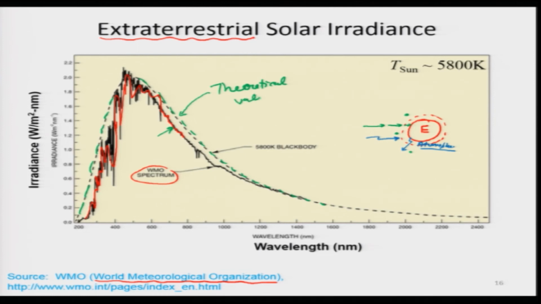These are theoretical values for a given temperature. I think they have matched it at this temperature, yeah, 5800 Kelvin, and there is a very good match between these two values over here. That is why we usually take the black body effective temperature of the sun as very close to 5800 Kelvin.